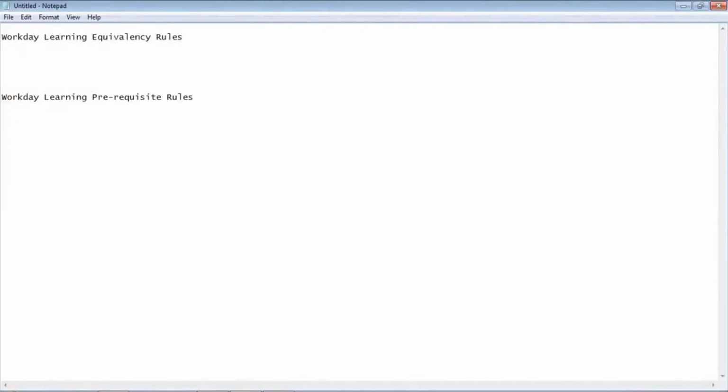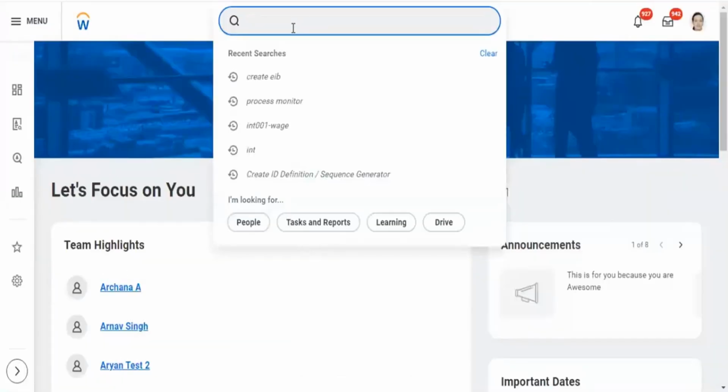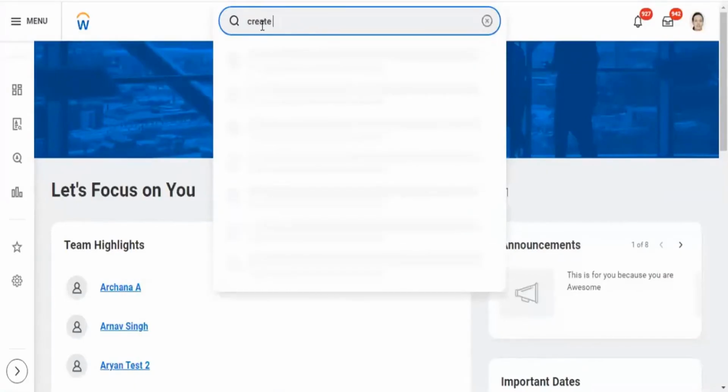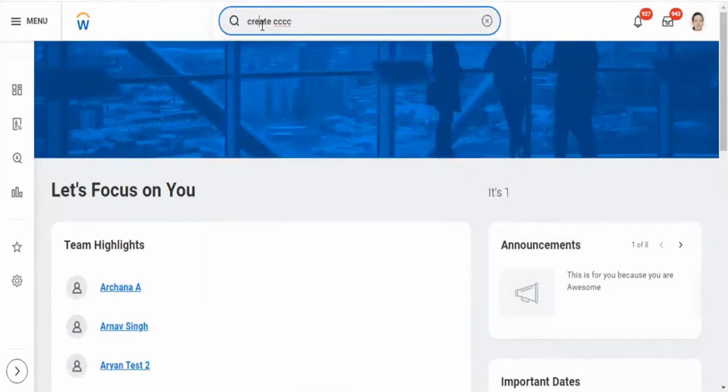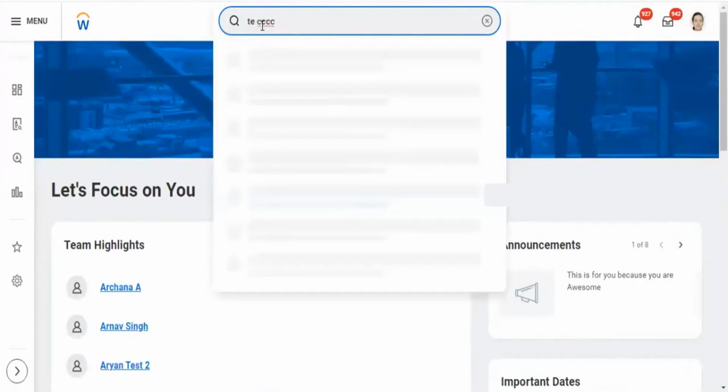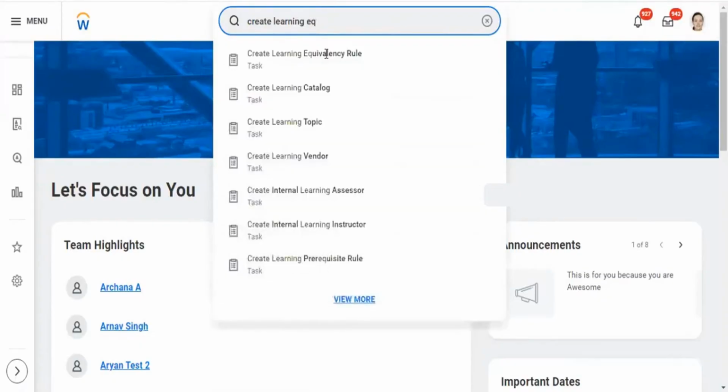Now we'll configure this and see how it works. There is a task called Create Learning Equivalency.